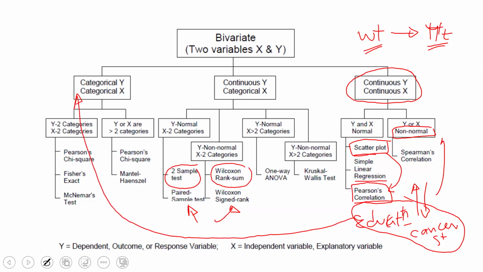But there are situations where we can have X and Y as ordinal, like position. Thank you. That idea just came. Position in class. Normally, somebody will be first, second, third, fourth, and so on. Position in class is a kind of variable that is not normal, but it's ordinal because it is hierarchy. Position in class, and maybe salary. Salary too is going to be ordinal because there will be high salary and low salary, and there's going to